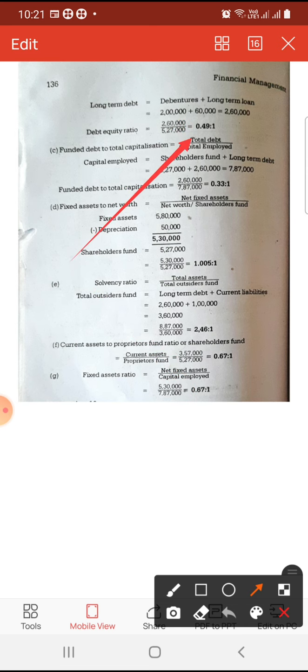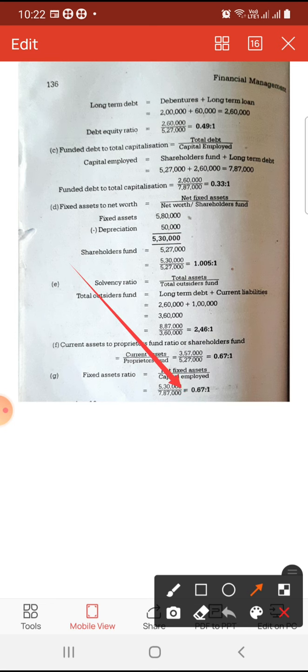Okay, so this is how you have to calculate. The only thing is, you have to remember the formula. Information will be given, you have to add and find out the information, and the first thing is, you remember how to calculate the current assets, current liability, equity, debt, shareholders fund, net worth. Okay, one thing you remember this, then you can use a formula and then calculate. Okay, fixed asset ratio is fixed assets divided by capital employed. So fixed assets you have already calculated, capital employed also calculated. So capital employed, see here 7,87,000, so same thing is taken here. Then 0.67 is to 1.